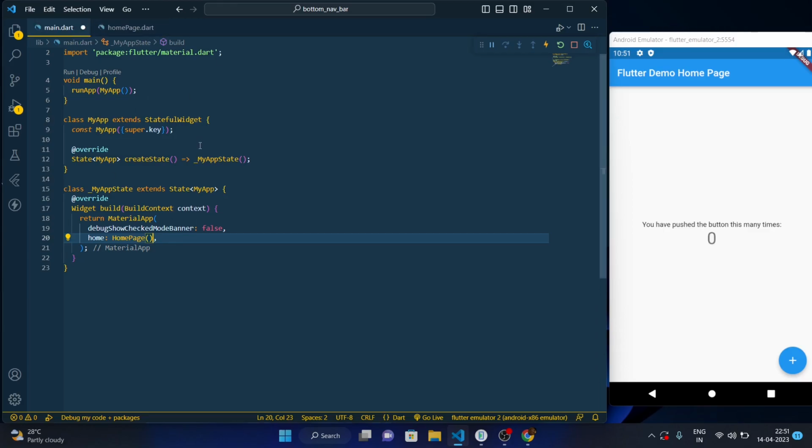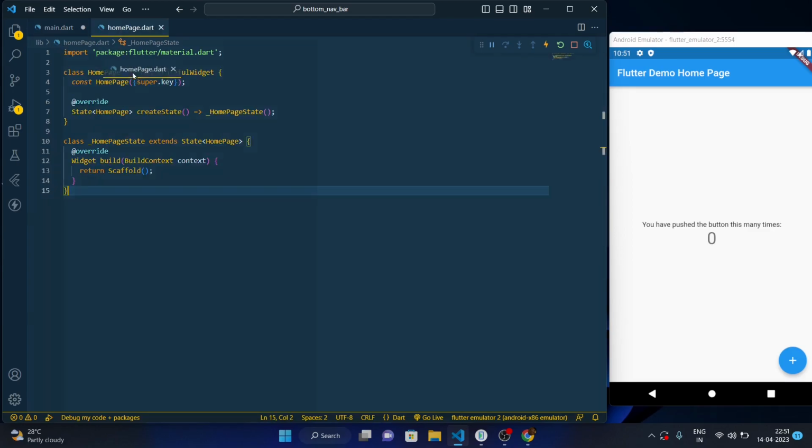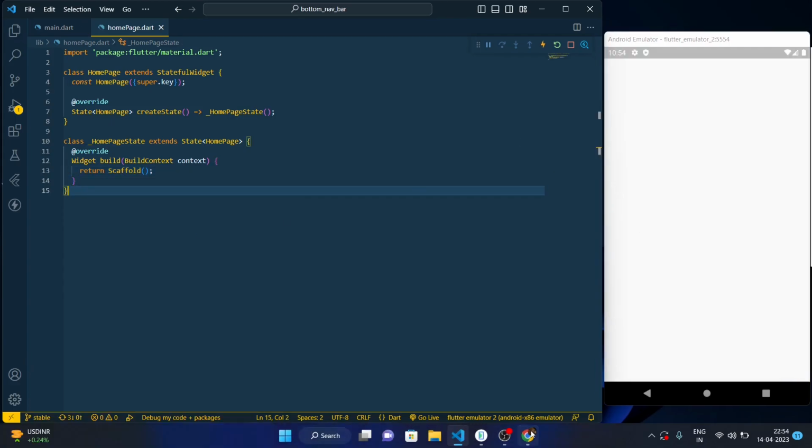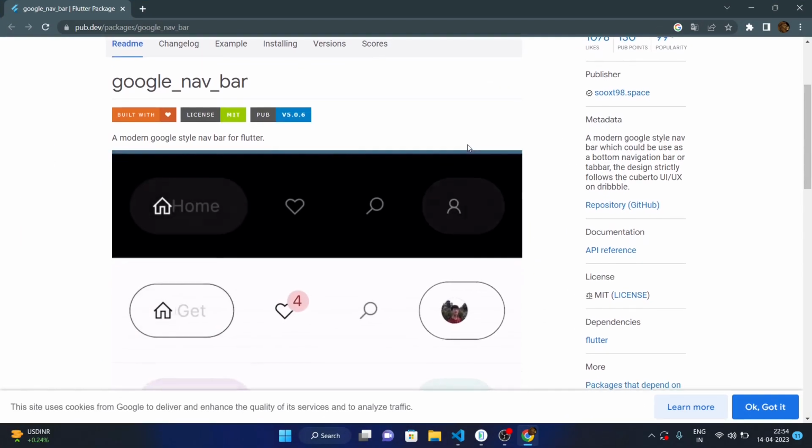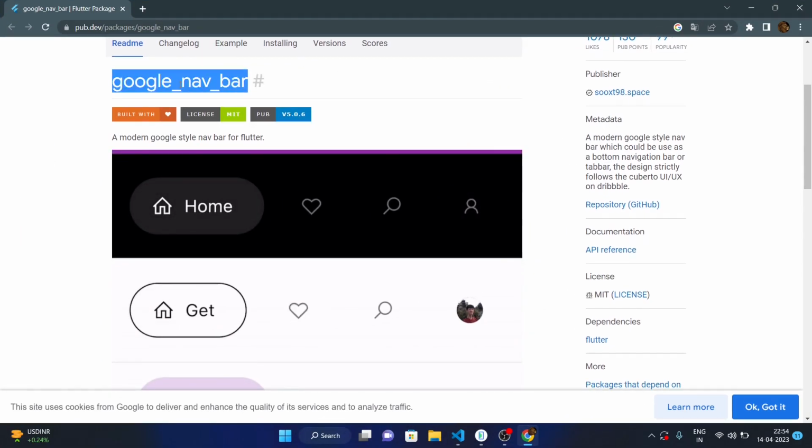I've just created a boilerplate of it, and in this home, I'm just calling home page. I've created another file for home page where I've imported material.dart, created a stateful widget, and I'm just returning a blank scaffold. So let me come to Chrome, and here you can see we will be using this package